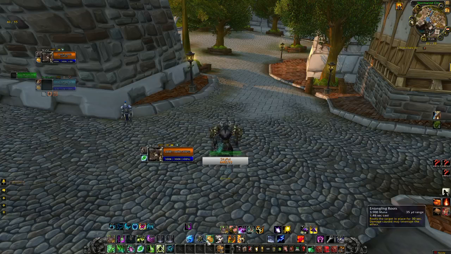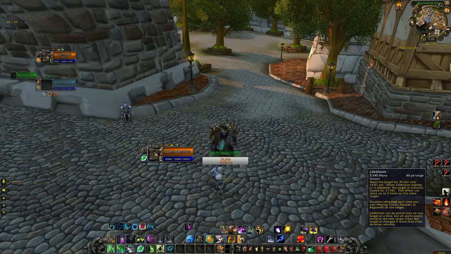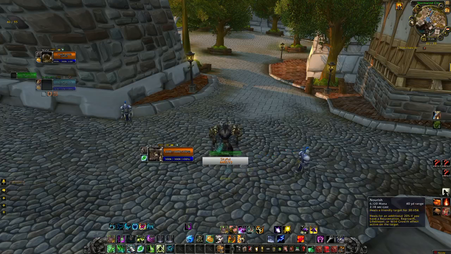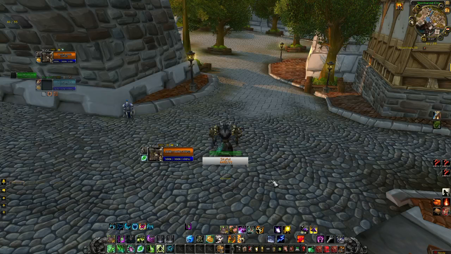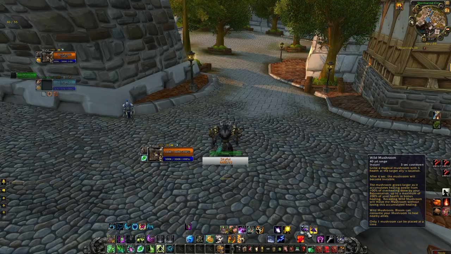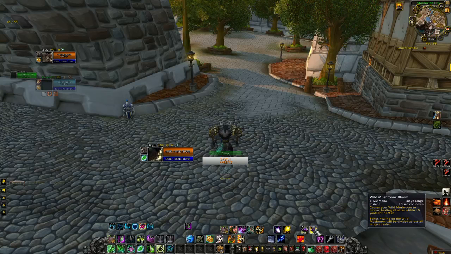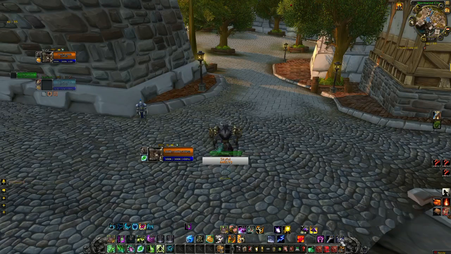So here is 1, 2, 3, and 4, and then shift 1, 2, 3, and 4. Again, keeping all my keybinds kind of close together to my hand for the WASD movements. Here we go is the button 4 and shift button 4, which is the page back button on my mouse, and then I also have forward and shift forward, which is the page forward button on my mouse. And these are my mounts, so I'm not having to worry about spamming them that much. But the back button is very easy to hit with my thumb,